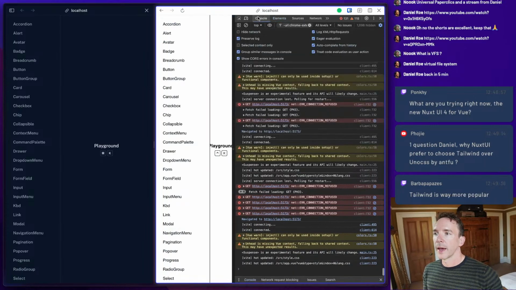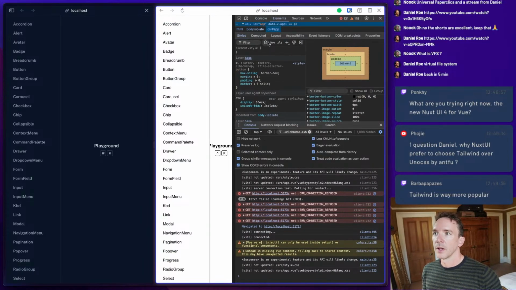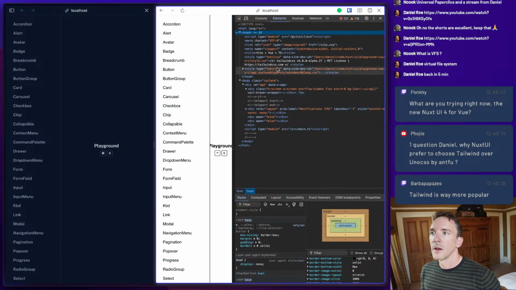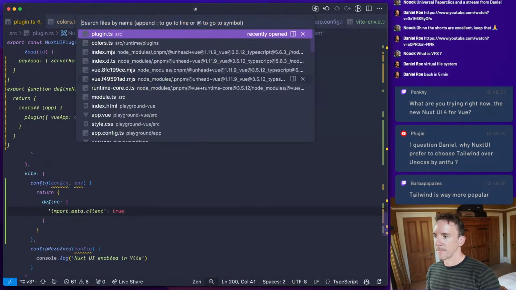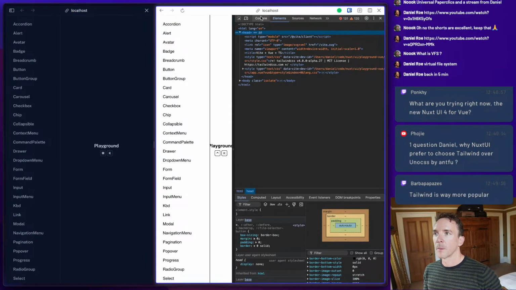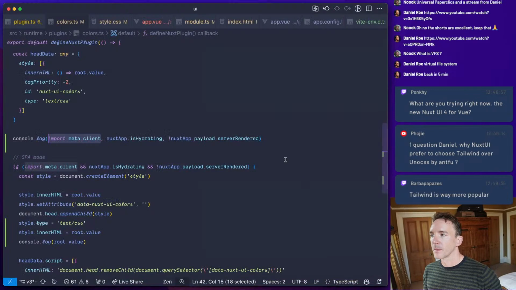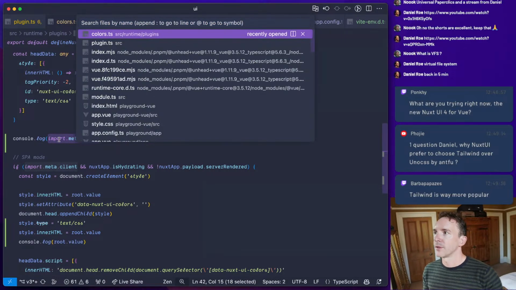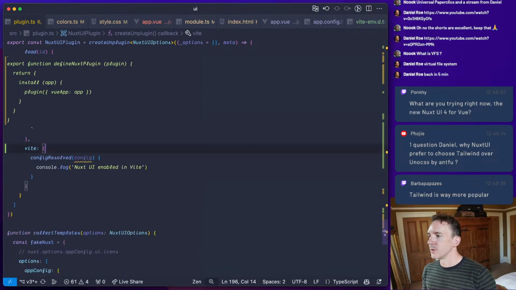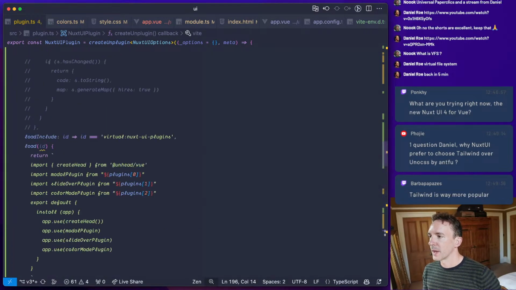So we should have some content in our head. Not. So weird. Import meta client should be defined. Let's just move it out of here and into the transform hook we had before.